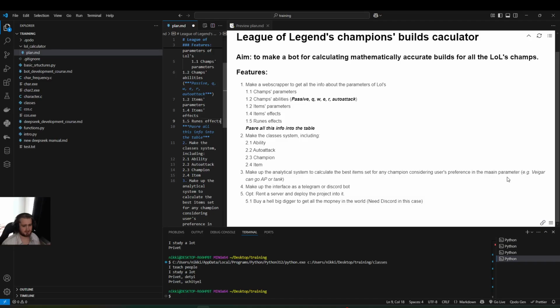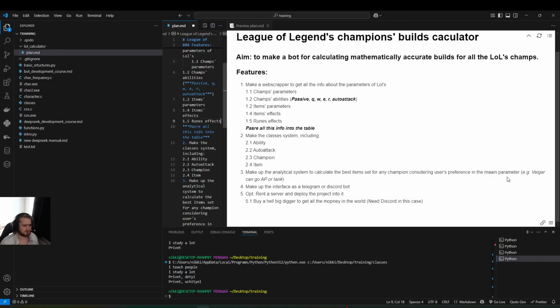You can just buy Rabadon's Deathcap, and put all the other items into defense. You can build up some tanky set. So of course, depending on the preferences of the user, we'll have to think about altering our sets of items.